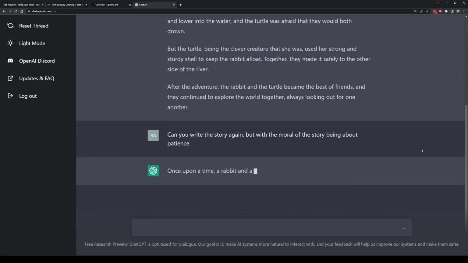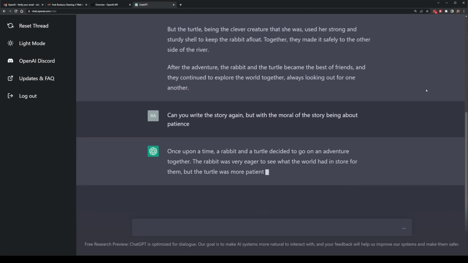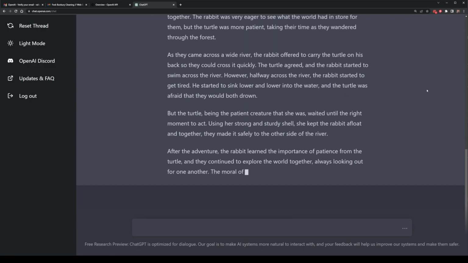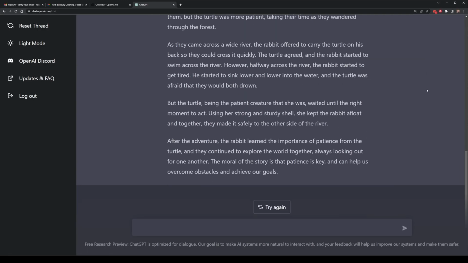ChatGPT should be able to now rewrite the entire story with more emphasis on this specific moral. If we look closely, it has done just that. It's got a moral here about how it was important to be more patient, and the turtle was able to do this. This time along, I wanted to also give me the same story, but